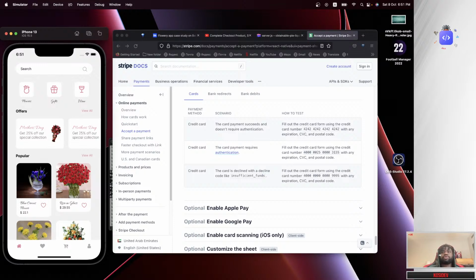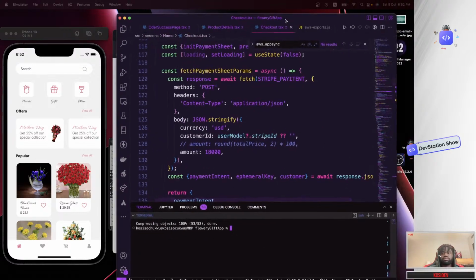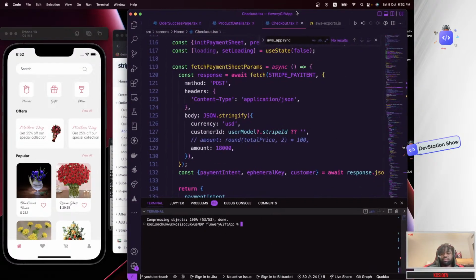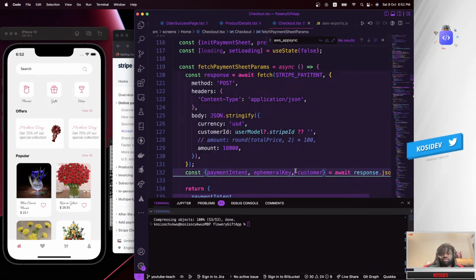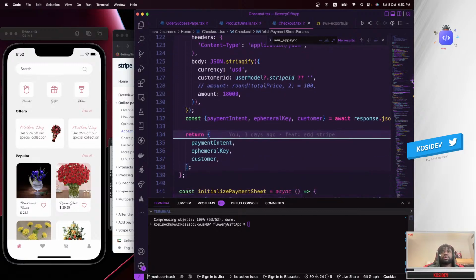Okay, so let's bring this back. Like I said, the next step is to start up our Stripe payment details, basically the Stripe payment bottom sheet.